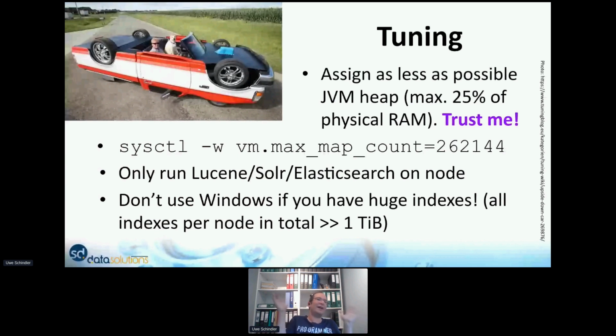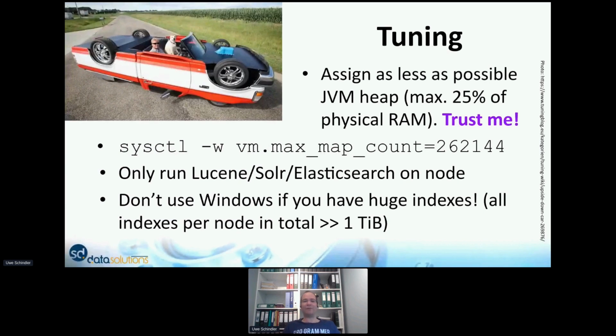If you're using Solr and do a lot of faceting, you may need more physical RAM. But standard Lucene can do most of its stuff outside of the heap, all in that virtual mapped address space of your index. So that's the first thing that you need to keep in mind: keep the resident memory low and leave as much as possible free for the file system cache.